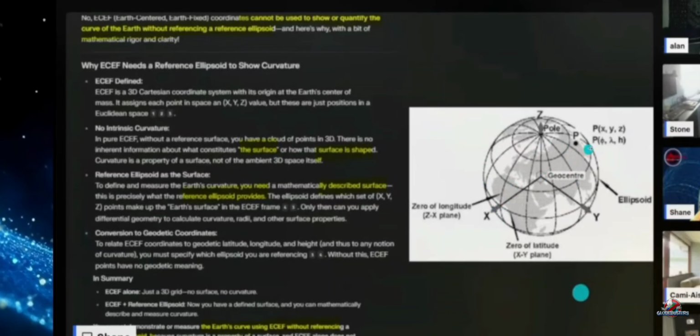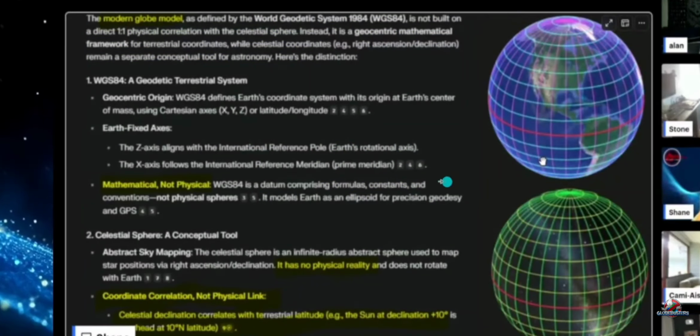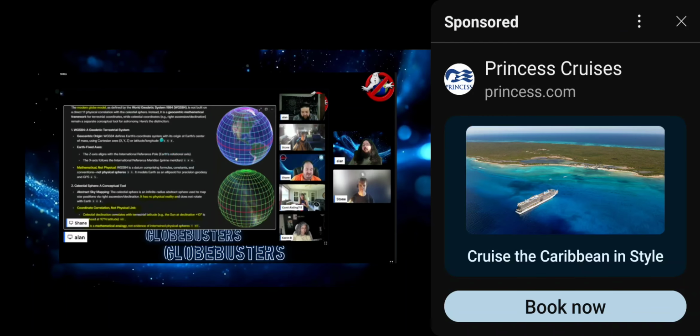So this is just showing coordinate systems that represent the latitude and longitude system and how it relates to the ellipsoid model and how you're at the center of that coordinate system. And because of that common z-axis alignment, they're able to establish a position on Earth to a position of a star. So they really hammered that point home this season, because that is the backbone of the globe.